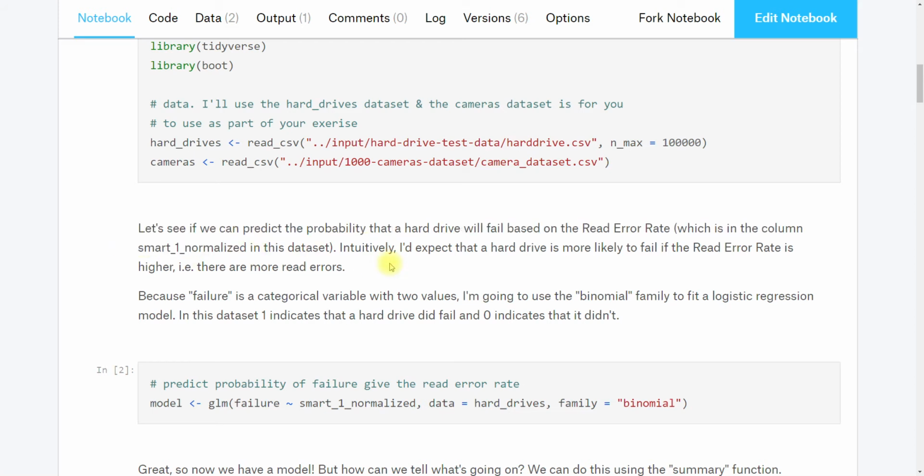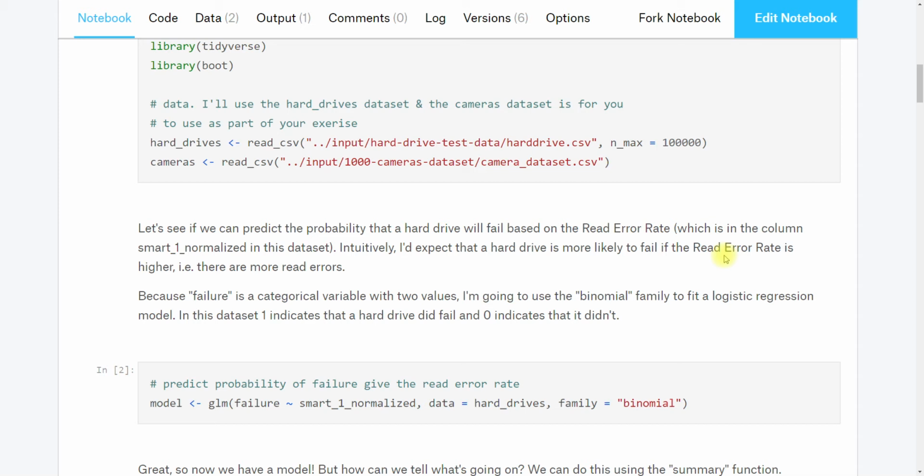And I looked on Wikipedia to find out about the SMART test. And the first test is the read error rate. So you want a low read error rate because that means when you go to read the disk, you don't get errors as often. And if you have a high read error rate, when you go to read the disk, you get a lot of errors. And my intuition is that as your read error rate increases, you should get more hard drives that fail. I don't know a whole lot about hardware, so I'm not an expert in this field, but that seems